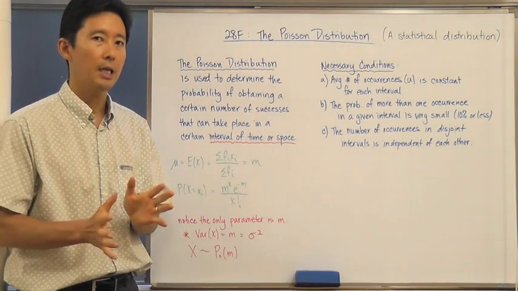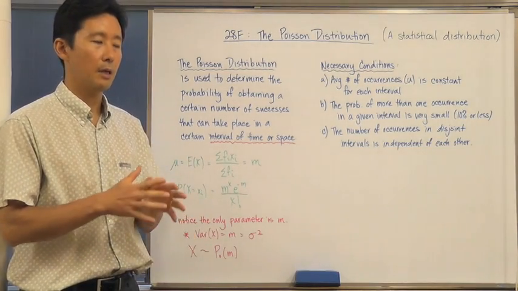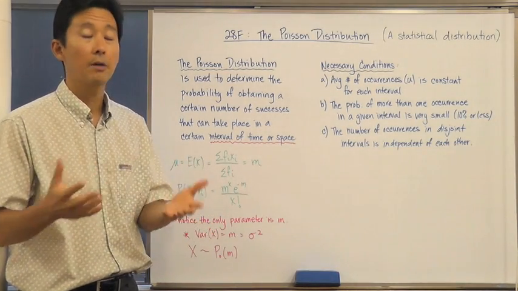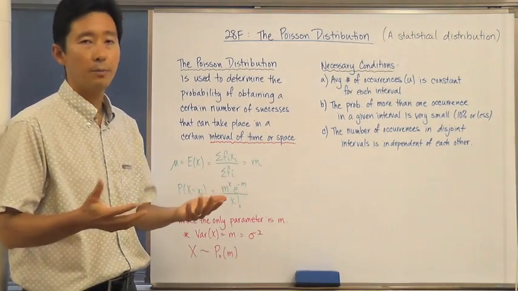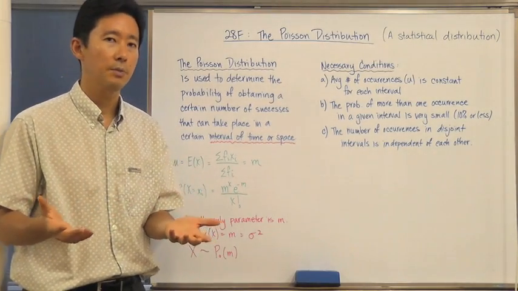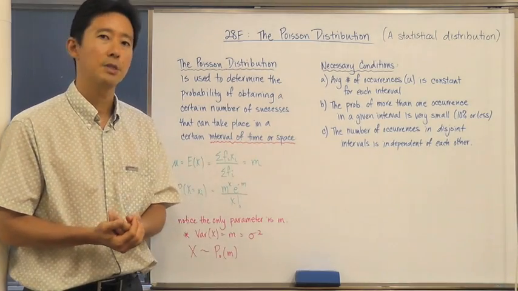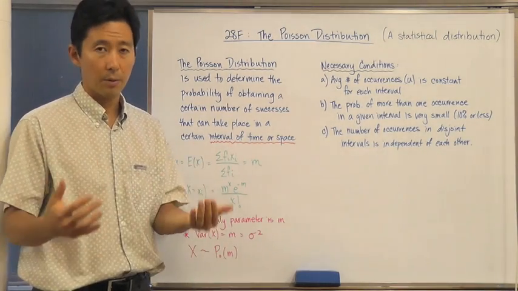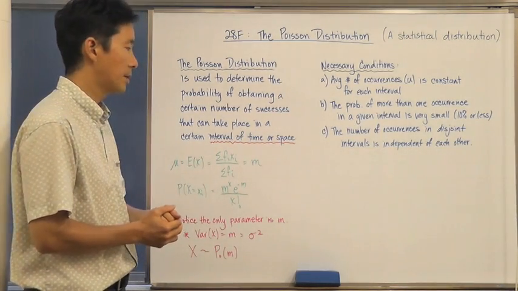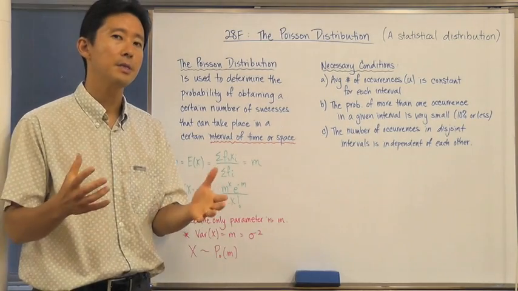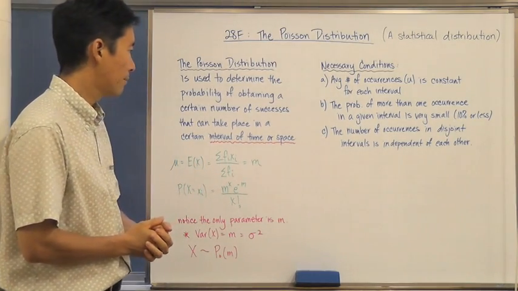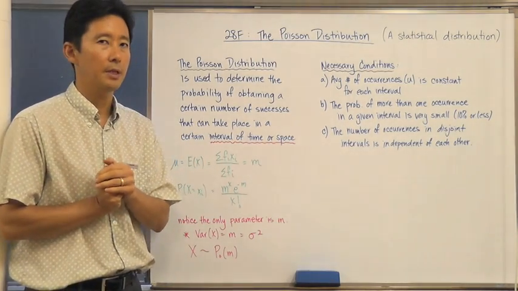So that's the key to distinguish between a normal distribution, a standard normal distribution, a binomial distribution, and a Poisson distribution. The Poisson distribution is based upon an interval of time or space. Okay, and when we take a look at an example, you'll see exactly how that time or space comes into play. But let's just take a look at a couple of things with regards